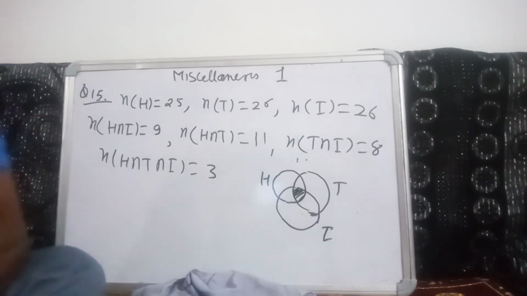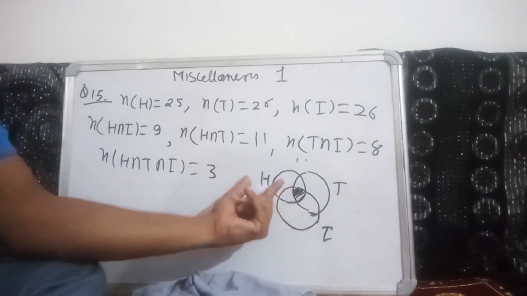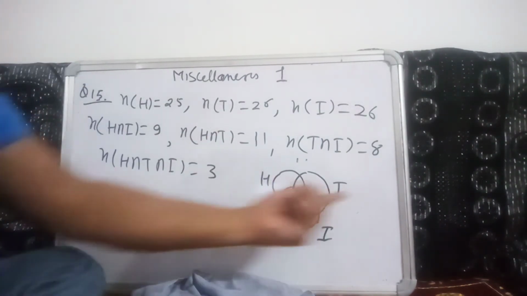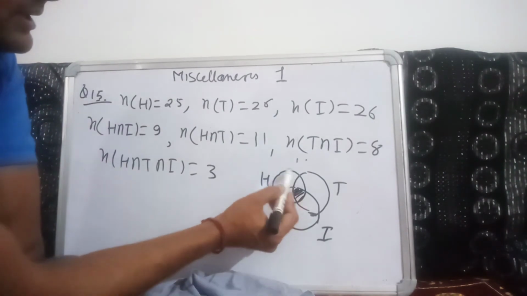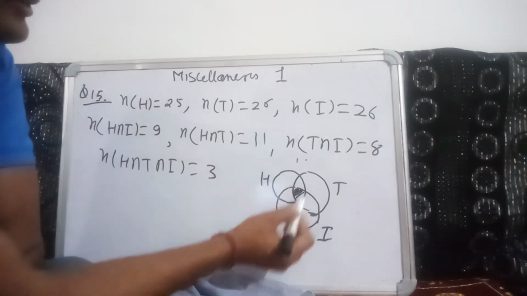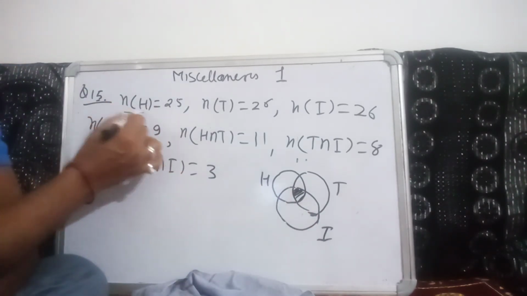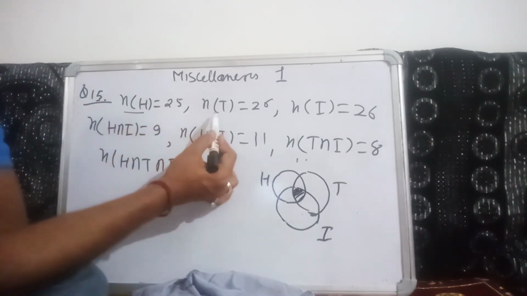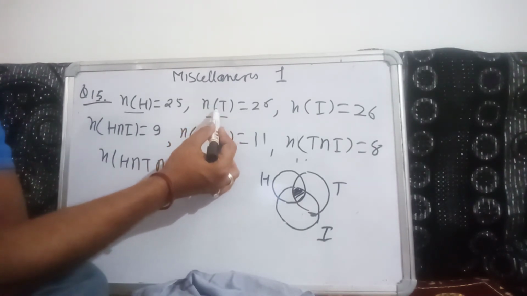Now, through a Venn diagram you can assume that these are the 3 newspapers H, T and I. You can assume like Hindustan Times, Times of India or Indian Express or whatever you think. And so this total H means the number of people reading newspaper H. It is given that they are 25. So we have written the number of people reading newspaper H is 25. Similarly, the number of people reading newspaper T is 26. It is given, mathematically, we have written in this way.